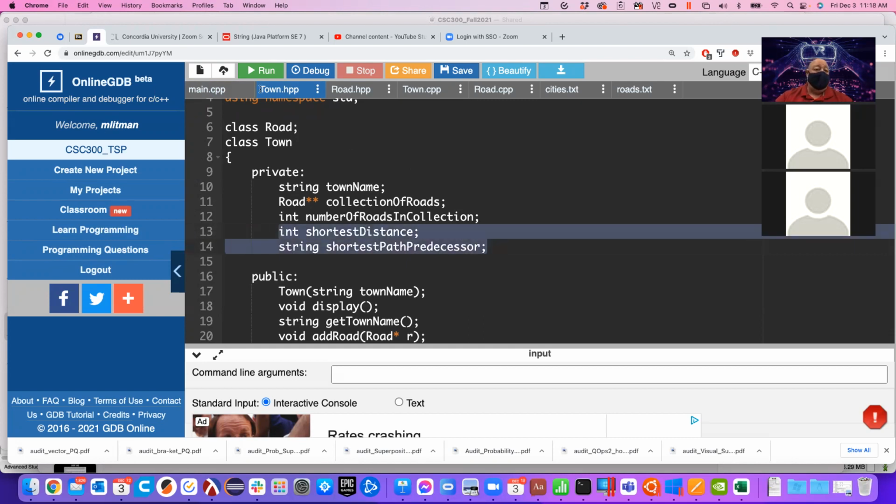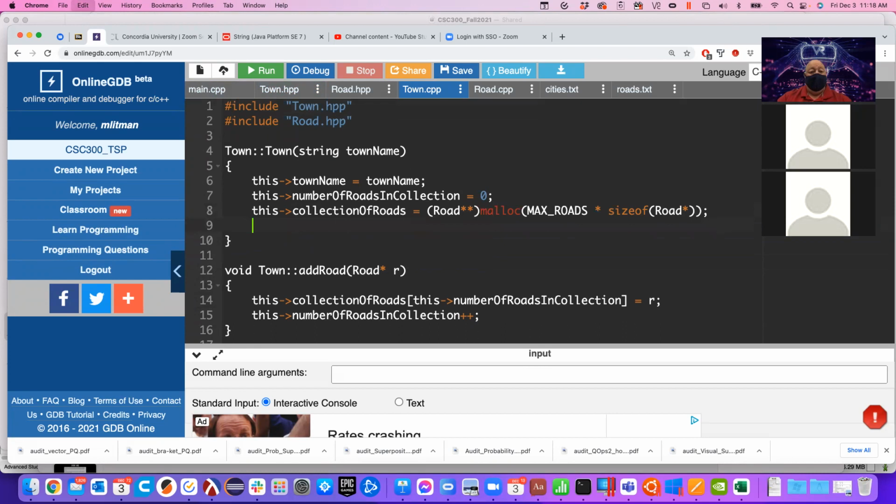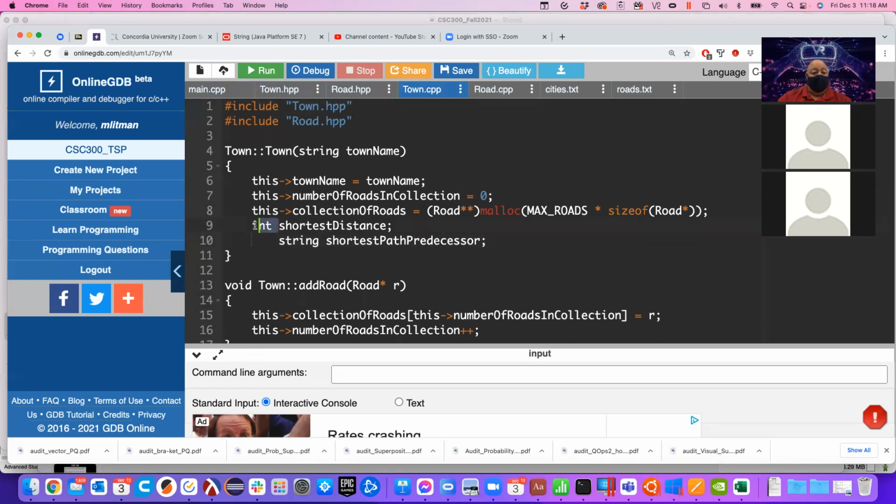So I'll take those two variables, and inside of town CPP, in our constructor, we'll go ahead and initialize shortest distance